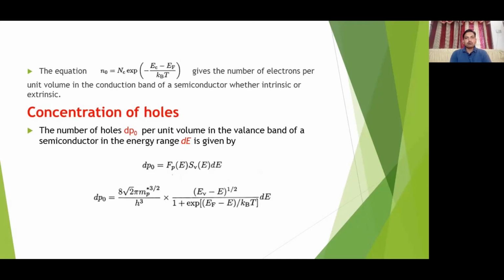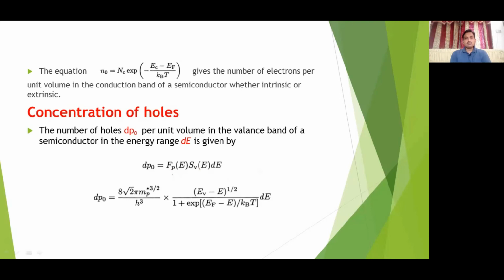Holes exist in the valence band, and electrons which take part in conduction exist in the conduction band. Again, we already know Sv of E, the density of states of holes inside the valence band, with subscript V for the valence band, and the probability function Fp of E, which we calculated on the first slide. Put the values of Sv of E and Fp of E from the first slide, and you get dP naught,